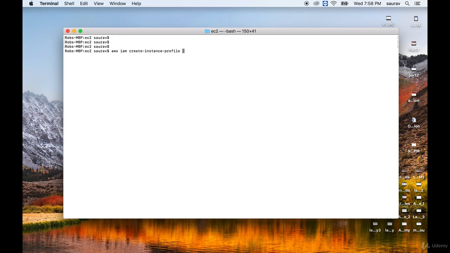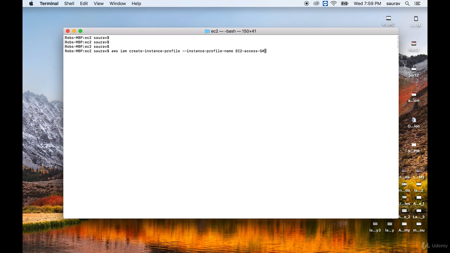There's nothing in this container so far. When we're creating a container first, so iam create-instance-profile --instance-profile-name, I'm going to say EC2